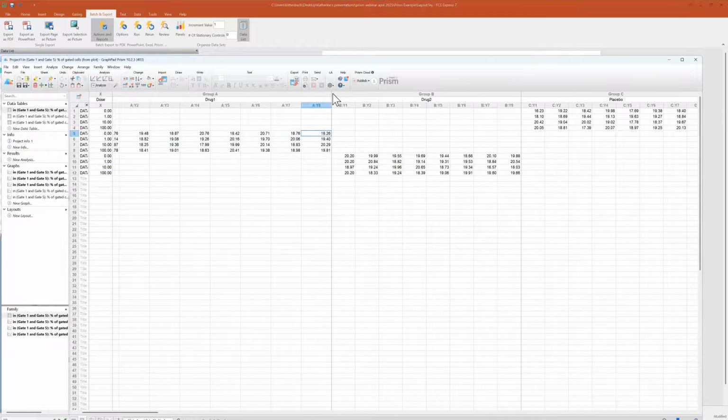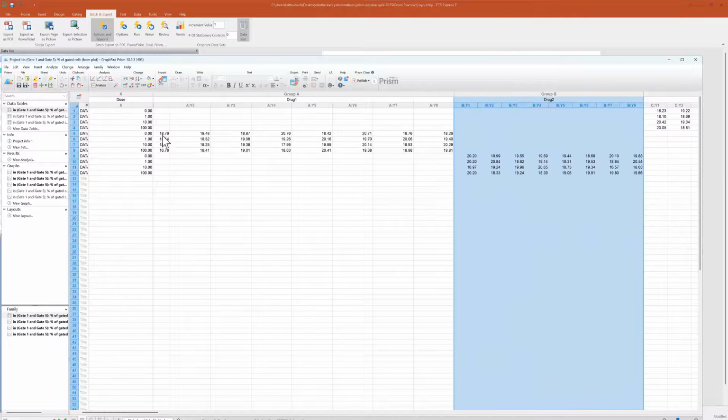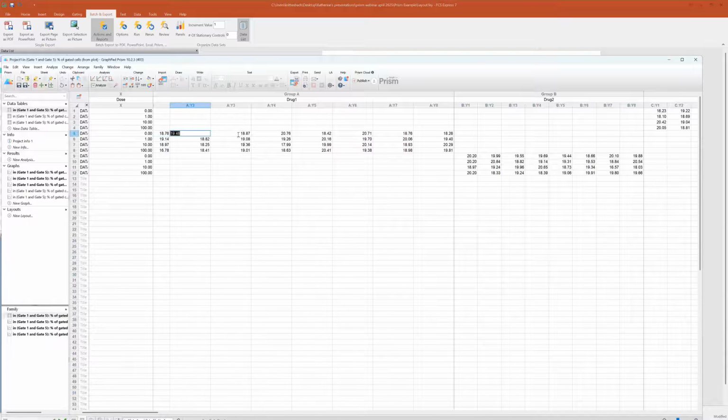It's 8 different files. Okay, we have 8 different replicates here: 1, 2, 3, 4, 5, 6, 7, 8. We have 8 different replicates